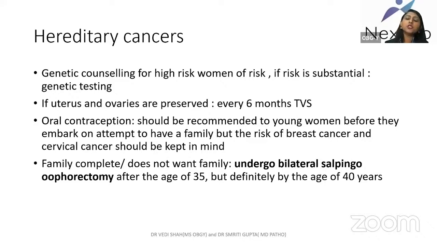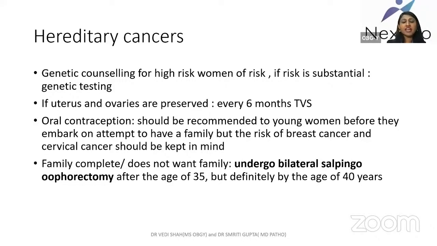Simultaneously, you should also counsel the patient that if she preserves the uterus as well as the ovary, there are future chances of development. So once the family is completed, she can go for the terminal treatment. So what is the terminal treatment? That is, if the family is completed or she does not want to have children, she can go for the bilateral